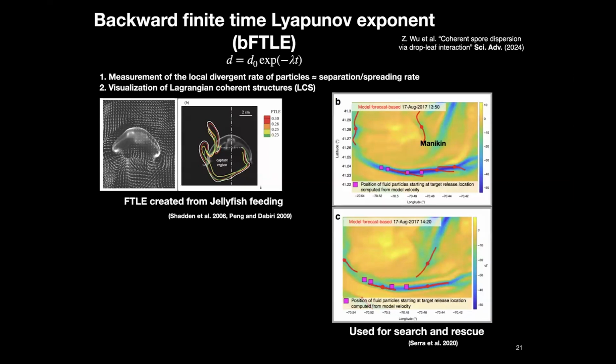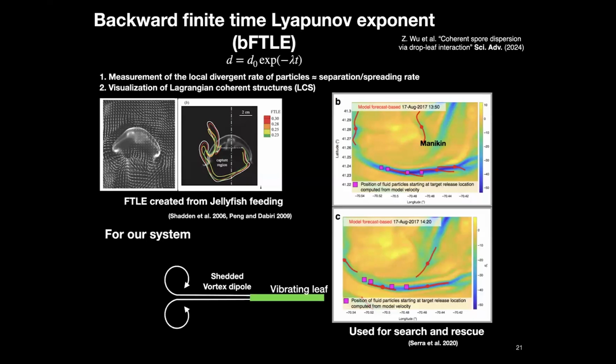This has been used in many different cases. One example is when a jellyfish feeds on food in the water: what is the domain, or what is the unstable or stable manifold this jellyfish would create. Another application people use is the search for a missing person. In this experiment, they released a mannequin in the ocean, and by knowing the ocean flow, you can predict where the mannequin goes. So this can be used for search and rescue missions. So I'm trying to use this